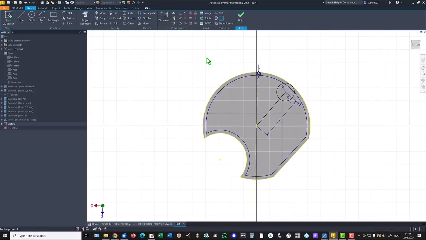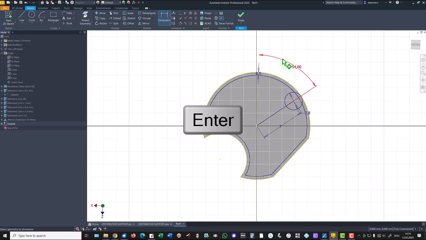And we place that angle of 54. This is also construction. We draw a circle with this center, diameter of 5.5,